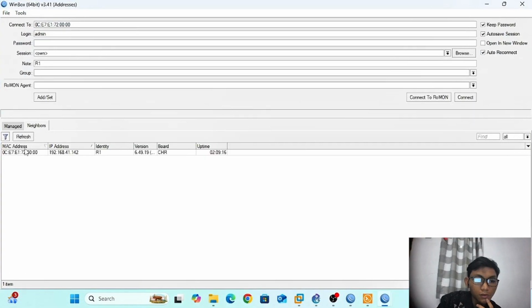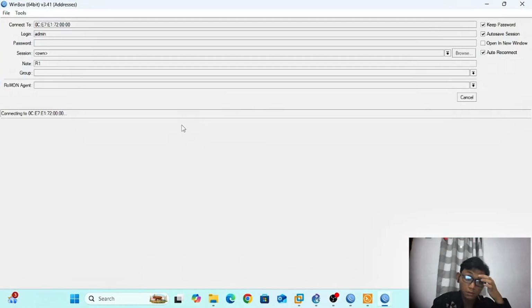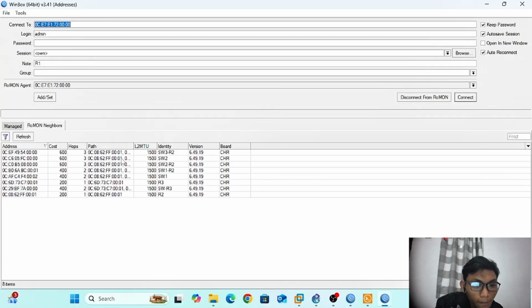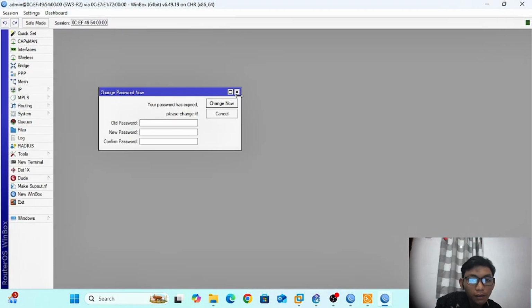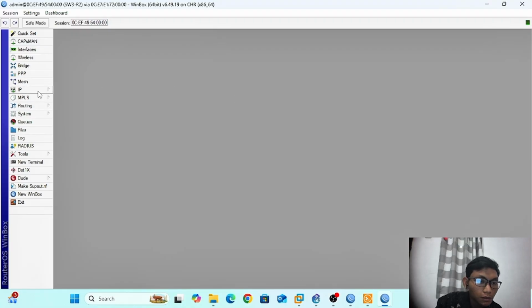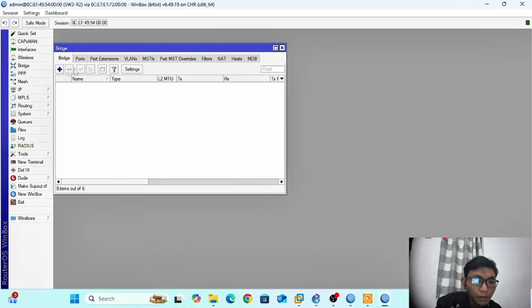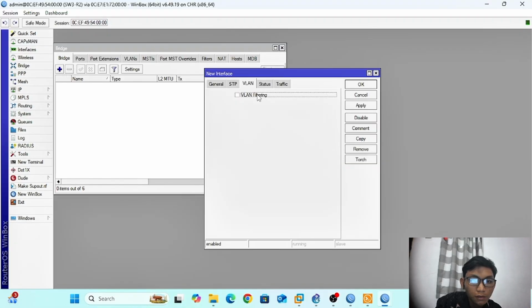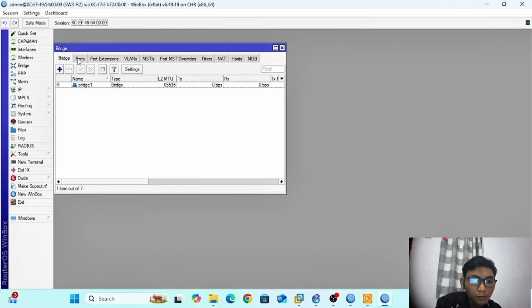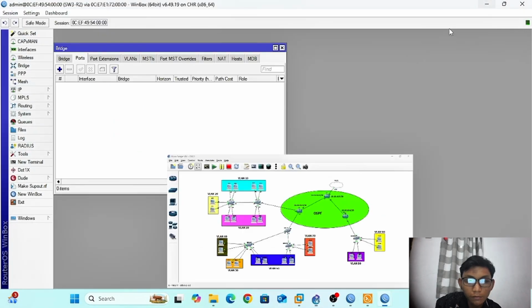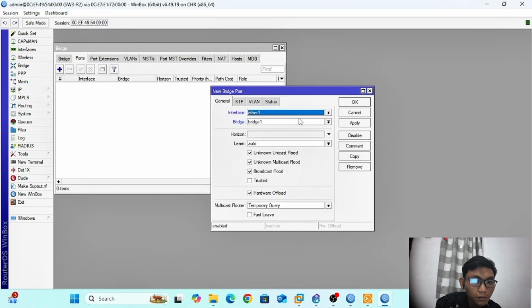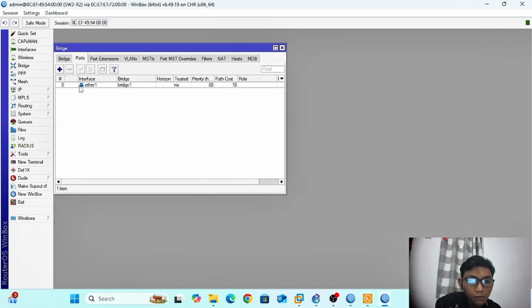We use Winbox, go to Switch 3. Okay, now same bridge and VLAN. We go to port. We check the ports, Ether 1, 2, 3, 4, 5. This is Ether 1, the VLAN trunk.